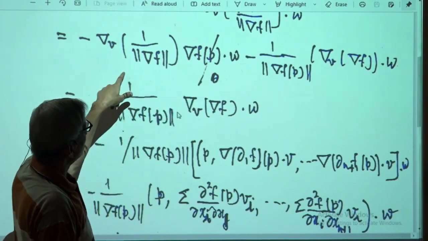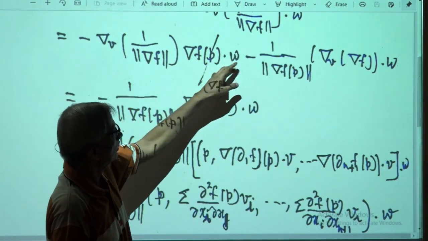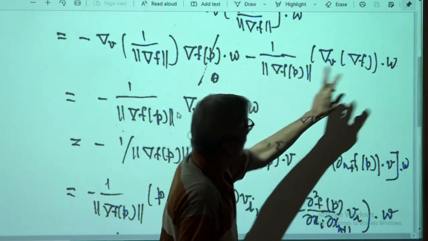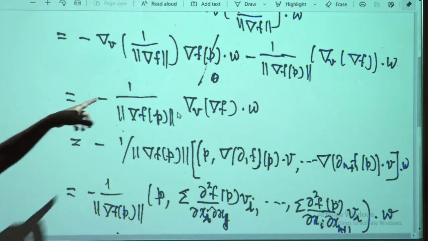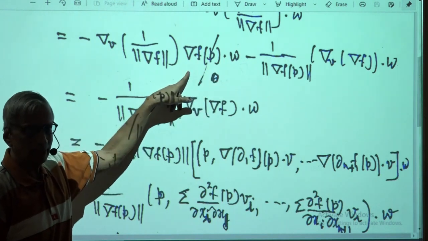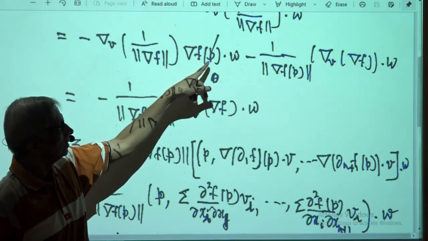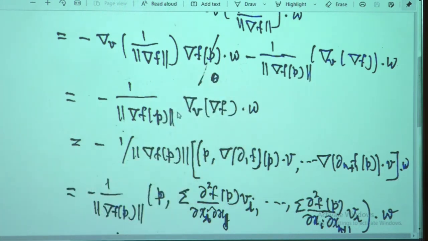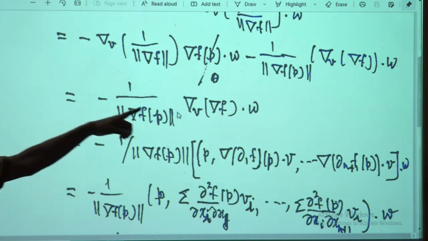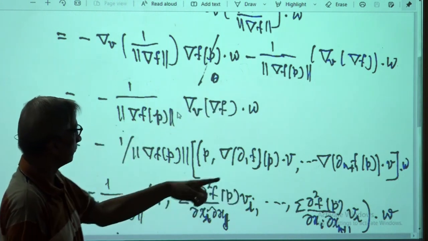So this is LPV dot W. So you have to use product rule kind of, right? But then this part is going to vanish because this is orthogonal to the gradient vector field, orthogonal to the tangent space. So the first term will go off, and then when you compute the second term there,